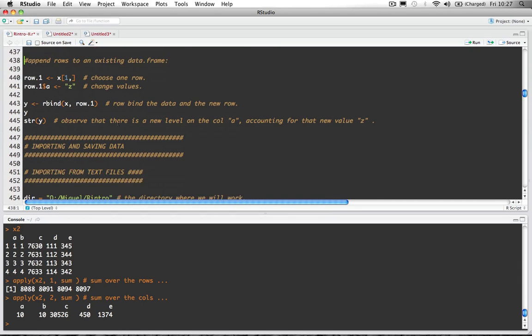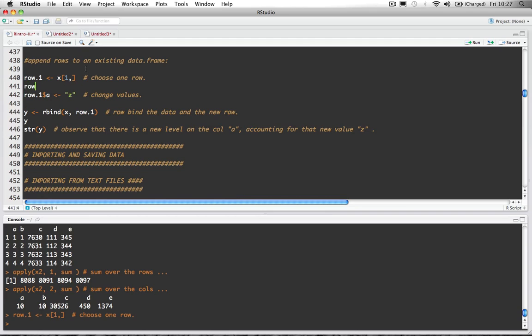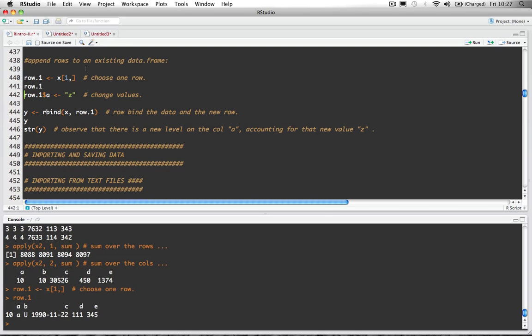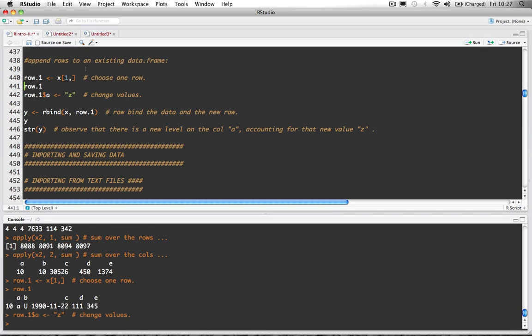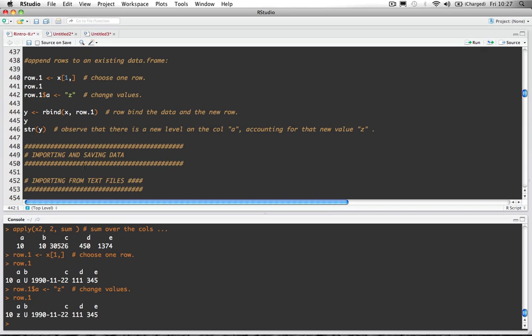Okay. How to append rows to an existing data frame. So now let's choose only one row. So row 1. Let's see it. So this is row number 1. I want to change something like the value of this one. So let's show it again. Now I have here, instead of having A that I had before, I have Z. Okay. So now row 1, it's a